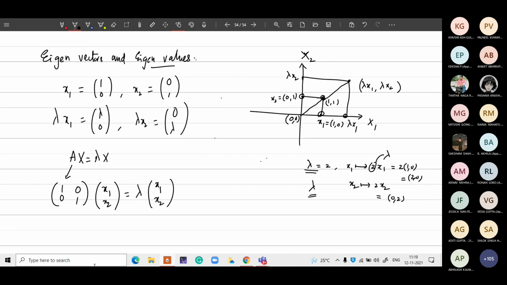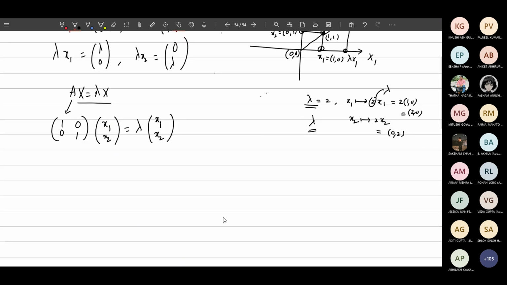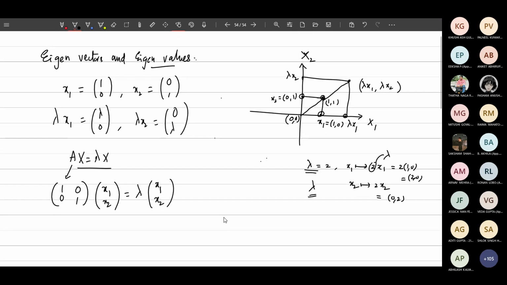Lambda into x stands for lambda x1, x2. So this is some kind of linear equations, right? You can multiply this because A is a 2 by 2 matrix and x is a 2 by 1 matrix, and on the right side you will get a 2 by 1 matrix. Multiplication is defined. So this is the matrix system, Ax equal to lambda x. If you are given x1, x2 and the matrix A, and there is a lambda from this condition, A into x equal to lambda into x,